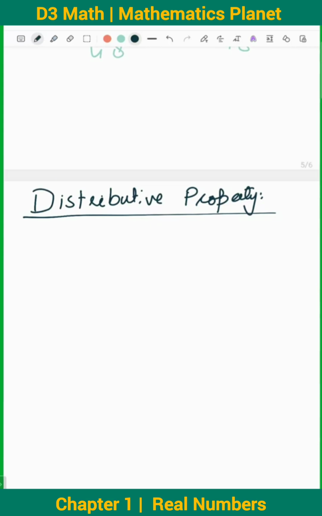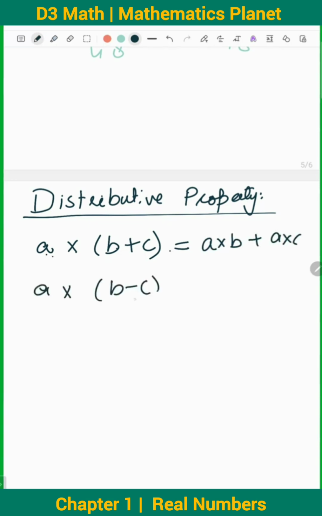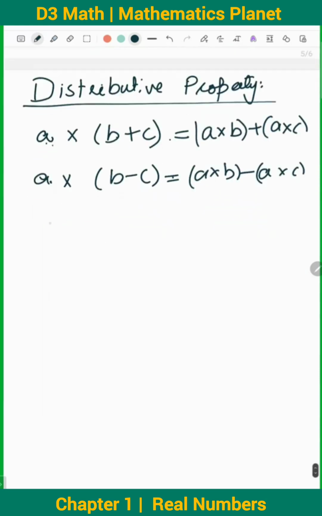नेक्स्ट प्रॉपर्टी, डिस्ट्रीब्यूटिव प्रॉपर्टी क्या होती है? डिस्ट्रीब्यूटिव प्रॉपर्टी इज वेरी सिंपल, a मल्टीप्लाई बाय (b + c) विच शुड बी इक्वल टू, a को हम पहले b से मल्टीप्लाई करेंगे, ये हमें पता है, फिर a को c से मल्टीप्लाई करेंगे। ऐसे ही करते हैं हम जब भी 2 रियल नंबर्स को मल्टीप्लाई करते हैं। इसी तरह अगर (b - c) आ गया तो a को पहले b से मल्टीप्लाई कर लेंगे, माइनस फिर a को c से मल्टीप्लाई कर लेंगे। तो दिस इज कॉल्ड डिस्ट्रीब्यूटिव प्रॉपर्टी।